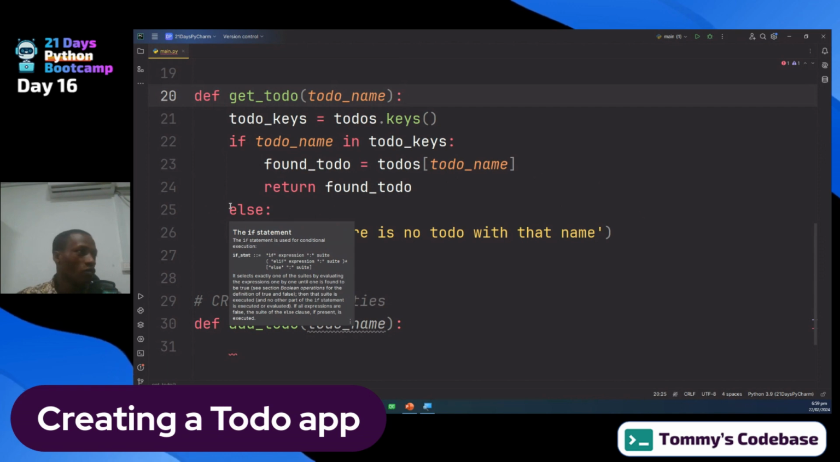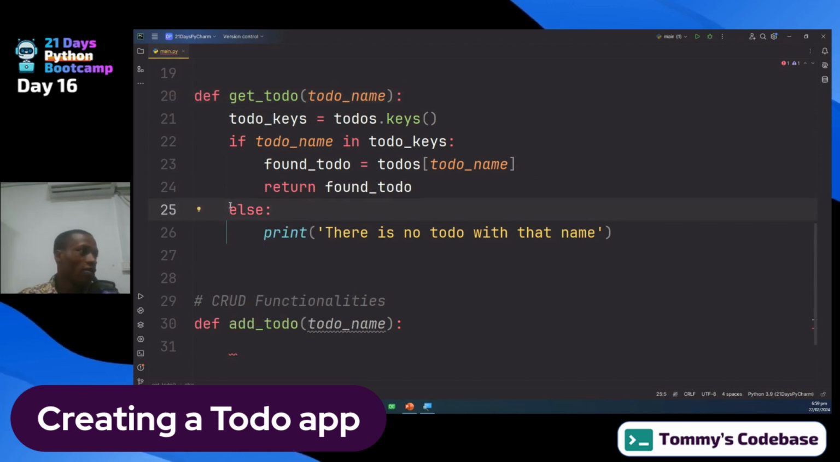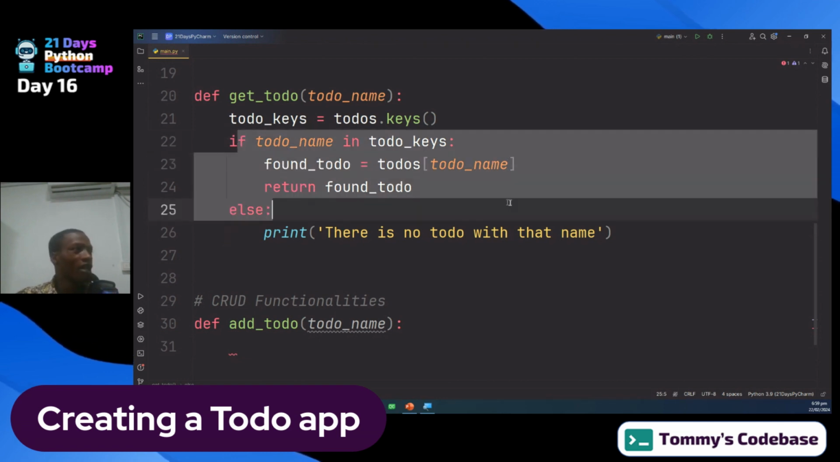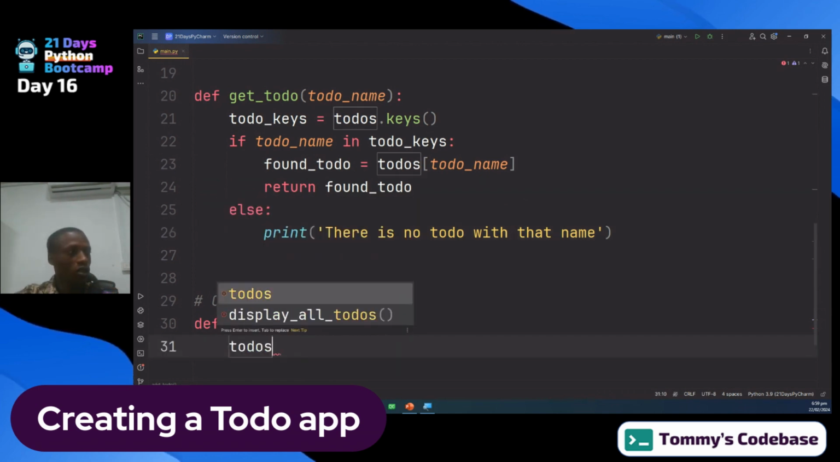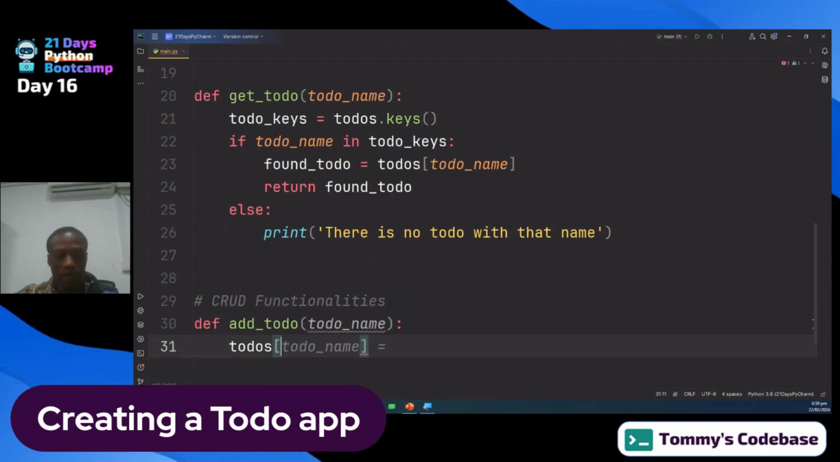You use try except blocks to catch it, but that is still like a waste of the computer's resources and power. If it is just empty, stop it. Don't go further to check for any keys and all that. Just return. So here I'll just say to-dos, which is our dictionary, and then I'll pass in the to-do name